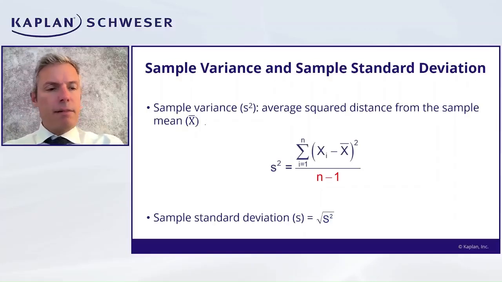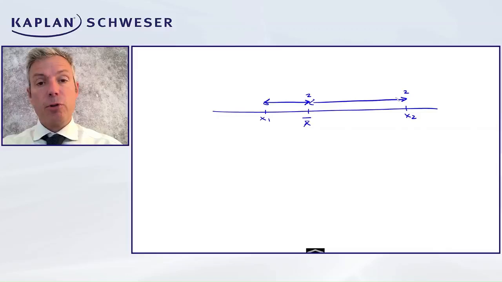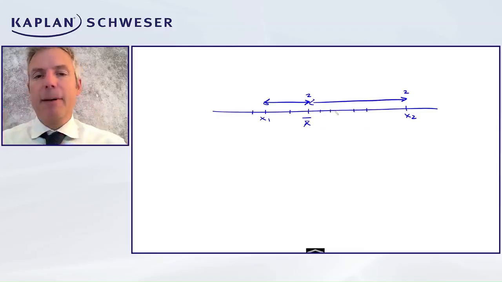Now this formula is quite ugly and often intimidates people. So let's remember what we're actually doing here. We've got some data points. We know that their mean sits in the center here. All right, there's an x1 over here, which has got a negative deviation. You're just calculating that distance, right? x1 minus x bar, and then you're squaring it. For the next data point, say x2, you calculate this distance, x2 minus x bar, and you square it. You're adding up those squared deviations across all your data points, all right, and then you're dividing through effectively by